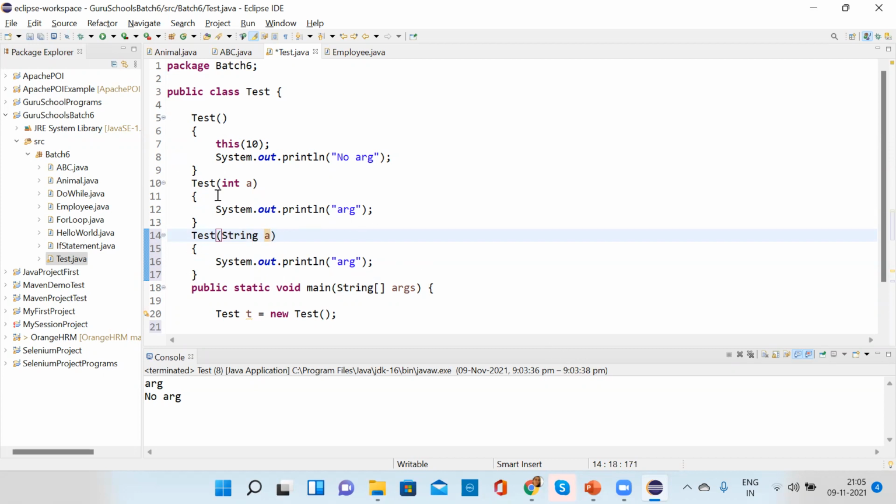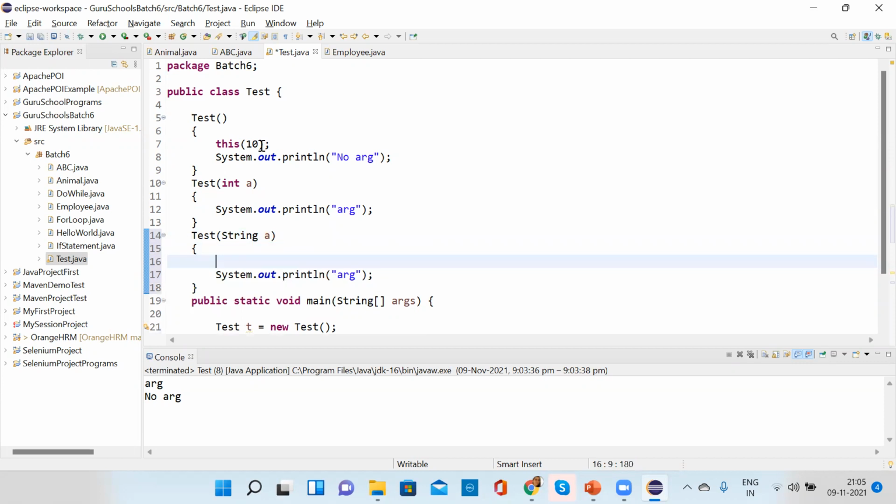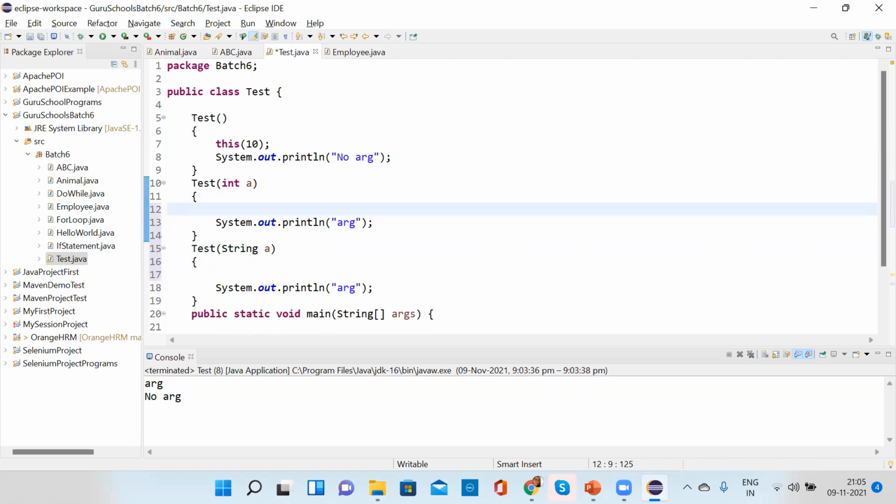Then can we call this with another this string? Yes, we can call this with something like ABC, in the quotes, yes. In the quotes we have to write ABC.